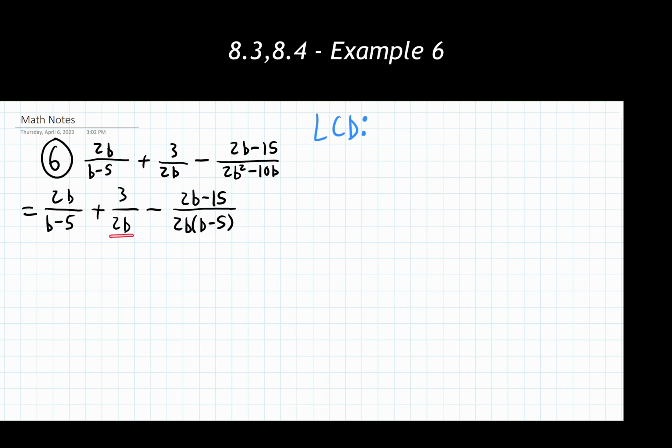I'm seeing what would be the lowest common one that they could all have. Well, this one has a 2b in it, which means that's going to need to be included because it's a monomial. I'm noticing that this first one has a b minus 5, and the third one also has a b minus 5 in it. So that's going to also need to be included. It's looking like this lowest common denominator is in that third expression, the first one has part of it, the second one has another part of it, so I'm just going to need to rewrite each of them individually and differently to get to this lowest common denominator here. And again, that's our step 3. Rewrite each rational expression to have the lowest common denominator.